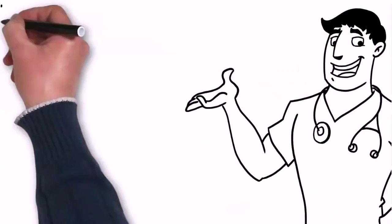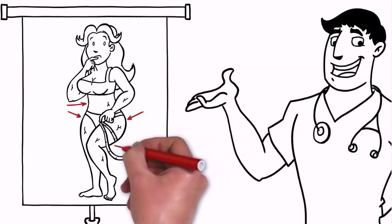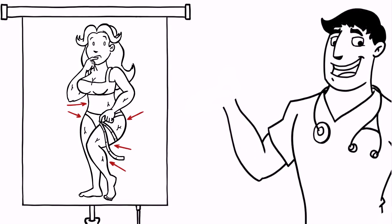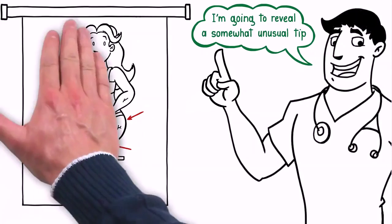If you have cellulite, those orange peel-looking bumps and dimples anywhere on your stomach, hips, butt, thighs, or legs, then this could be the most important presentation that you'll ever watch. In this short presentation, I'm going to reveal to you a somewhat unusual tip to reduce the appearance of cellulite